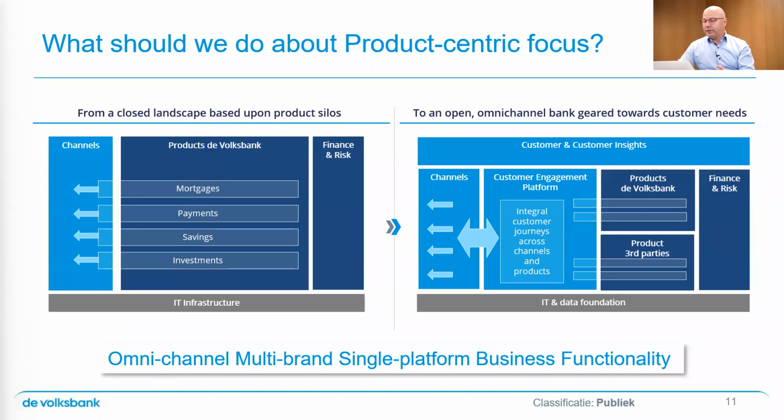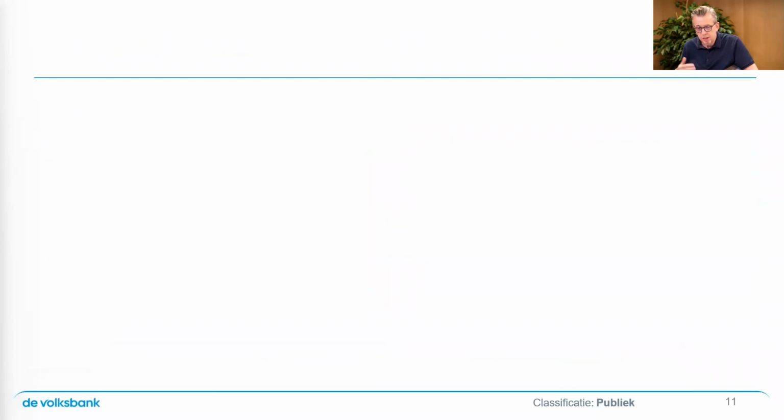What we strive for in the organization is becoming an organization that will be addressing all their business functionality with an omni-channel, multi-brand approach on single platforms. So any functionality that we build, we build once, and we serve all brands and all channels with that. And hopefully that contributes to becoming customer-centric, and we'll bring some more detail on that shortly. Yeah, and we will also come back to the difference between omni, single and multi-channel later on. And then there's the integrations.